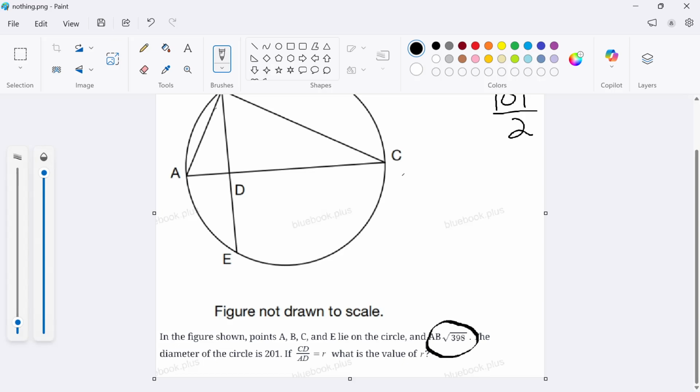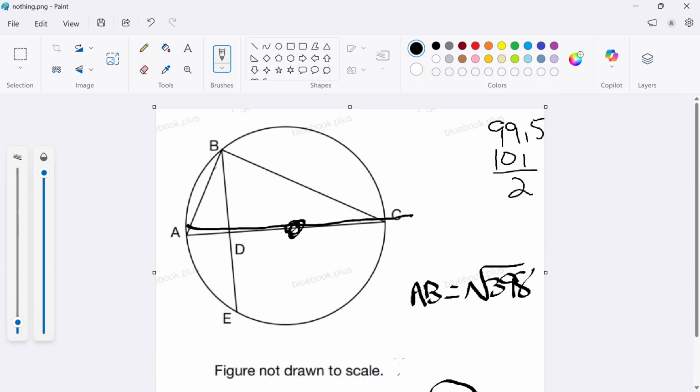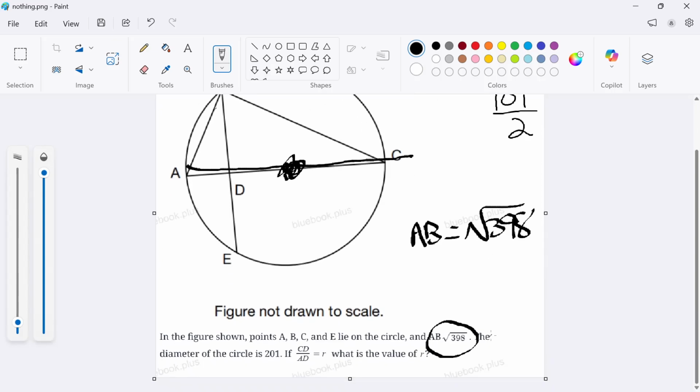It says an AB square root 398. What does that mean? Does that mean AB equals square root 398? I don't know. Is AC a diameter? Is this a diameter that goes through the center of the circle? It looks like it, but the circle's not drawn to scale, so I can't assume it is. I don't know if it is or not. So there's missing information, but I'm going to solve it